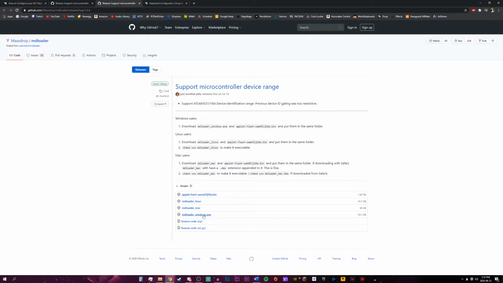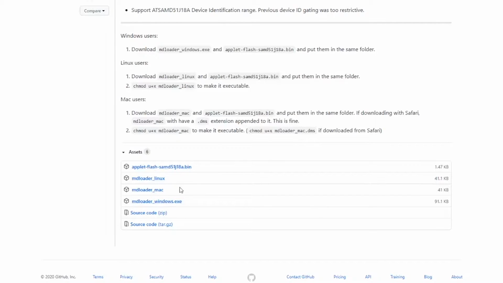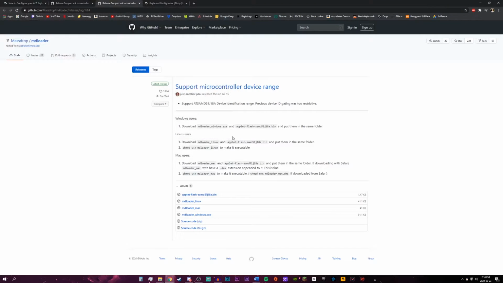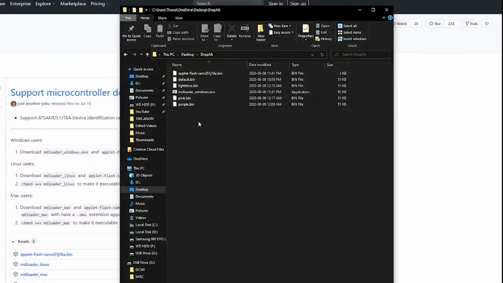And then if you have Windows, you click on this one. If you have Linux, you click on that. And then it will download it. You just want to choose where you're saving that to. I would recommend creating a folder to save everything into, including the lighting and all that. So just create a folder. I named mine Drop Alt. Right here, I have mine named Drop Alt, and I just have all the lighting in here